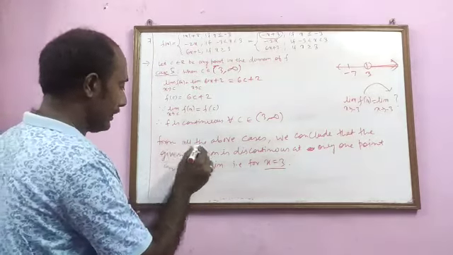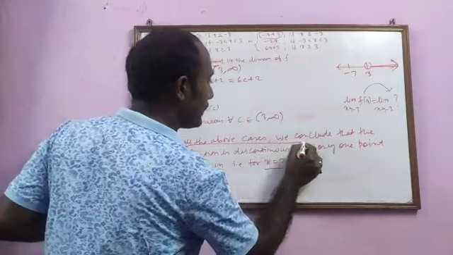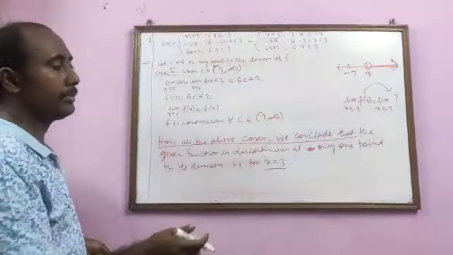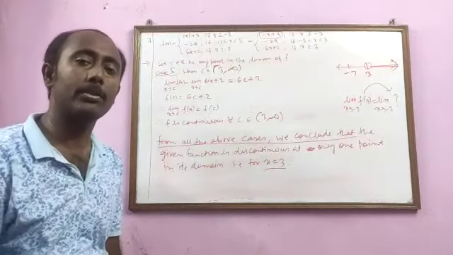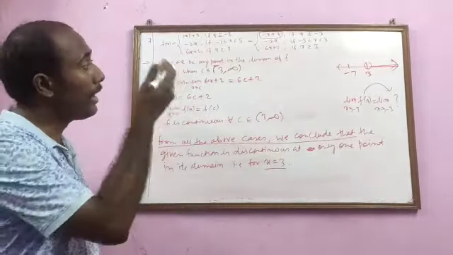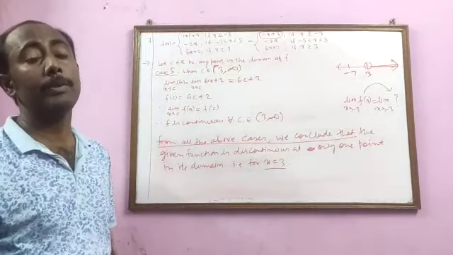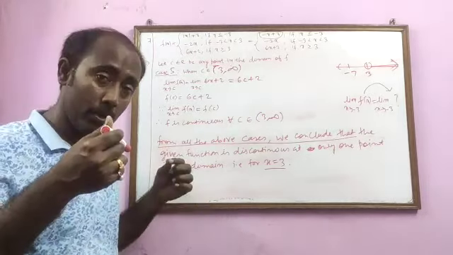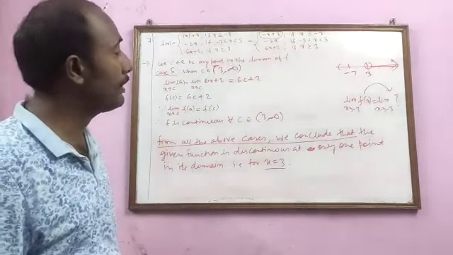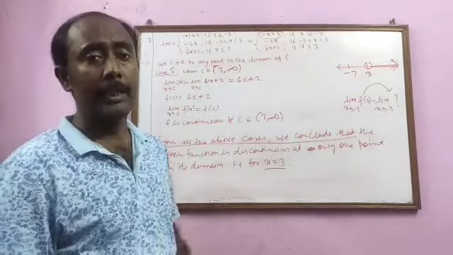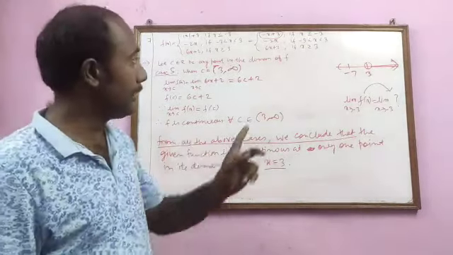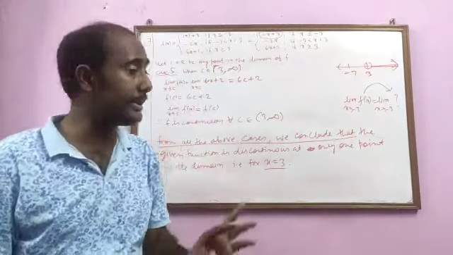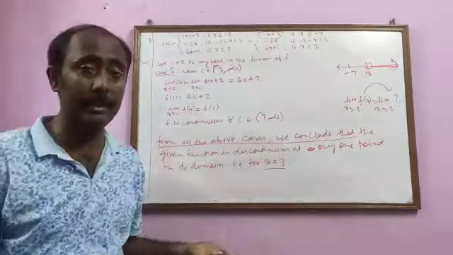You can also write in this way that from all the above cases we conclude that x is equal to 3 is the only point of discontinuity of f. So this is how you need to write for any question where you have to find the point of discontinuity of a function. Although we know that the function is going to be discontinuous only in two of those points, that is either for -3 or 3, because only for these 2 points the left hand limit and the right hand limit will get introduced.